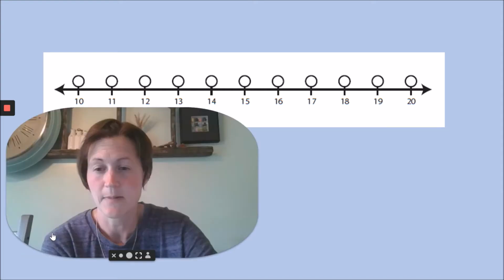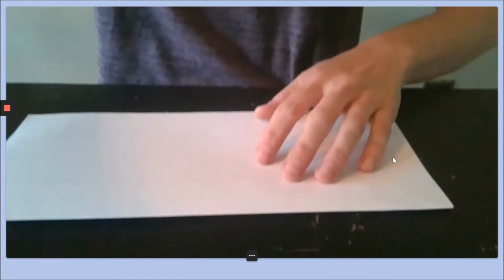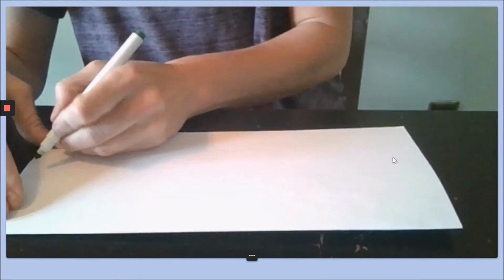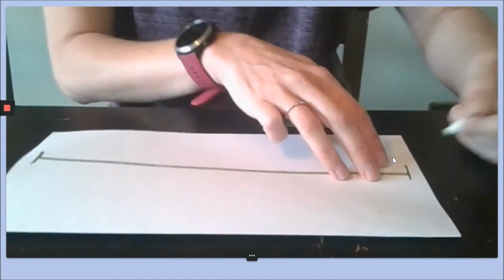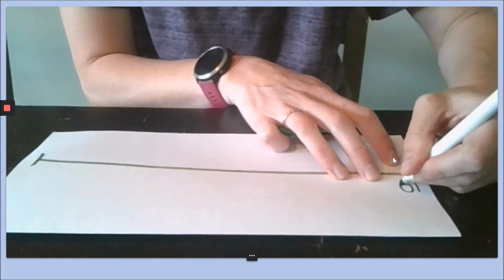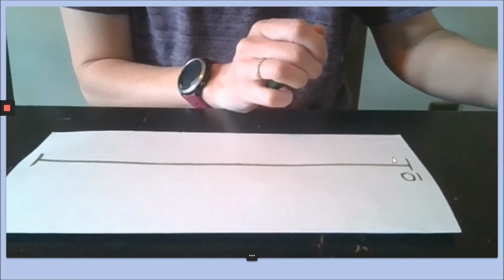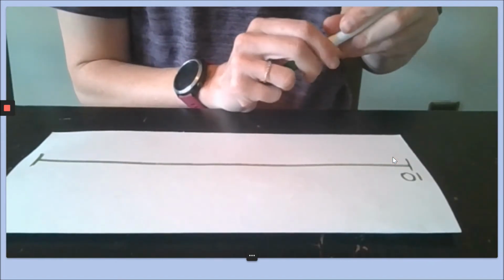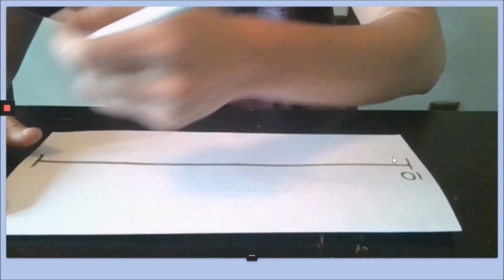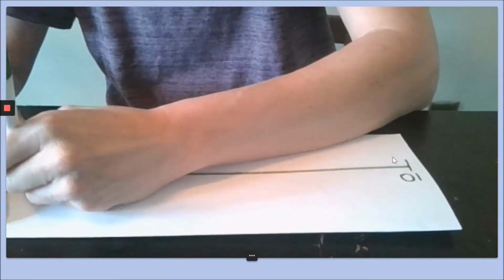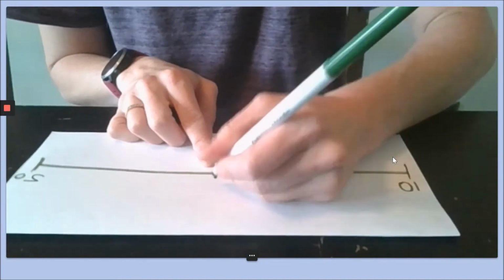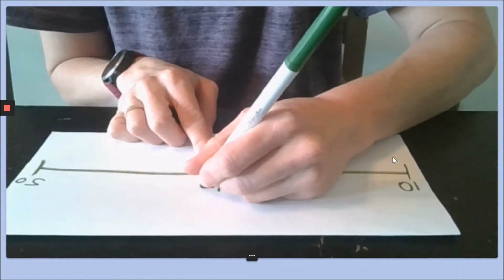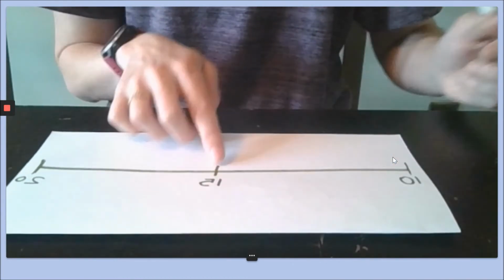So I'm going to make myself a little bigger, and I'm going to lower my screen so you can see my paper. I'm going to start with a really long line. Here we go. I know my number line is starting with 10. And if you need to pause and go get your paper, that's fine. If you already have one, that's great. So 10, and my last number is going to be 20. I know the middle number is going to be 15, so I'm going to try to find the middle. If it's not perfect, that's okay. Nobody's perfect. Not even number 15. So after 10 comes